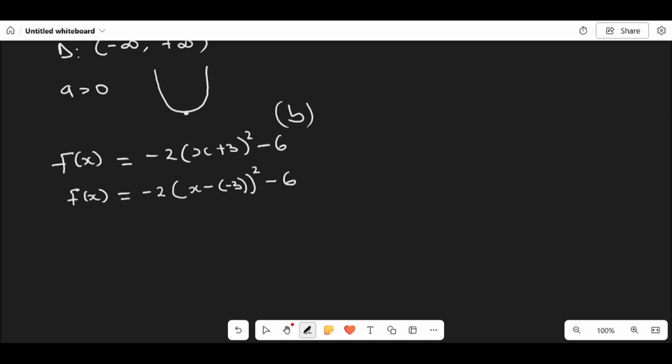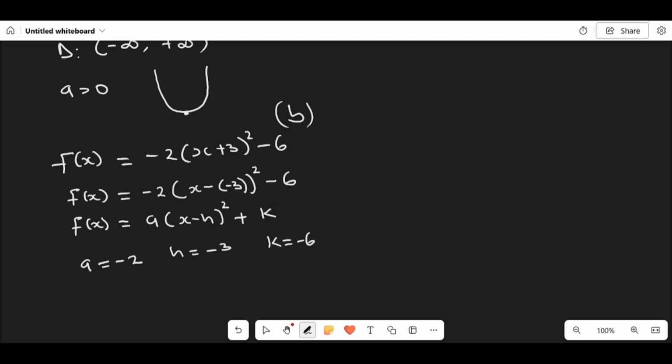Standard form of a quadratic function in vertex form can be written as follows: f(x) = a(x - h)² + k. Now if we compare these two equations together, we will see that our a = -2, our h, this h is the same thing as -3. That means h = -3 and our k =